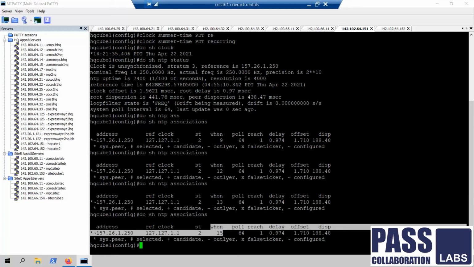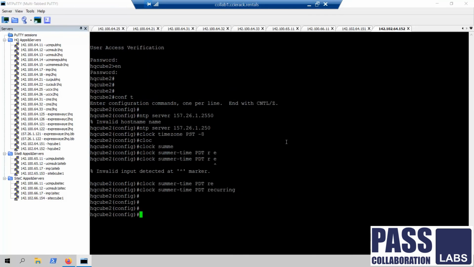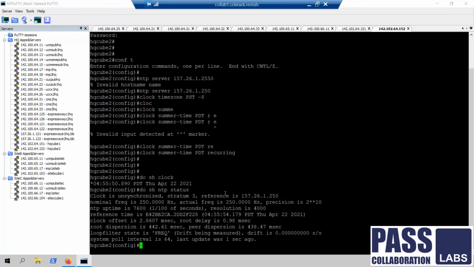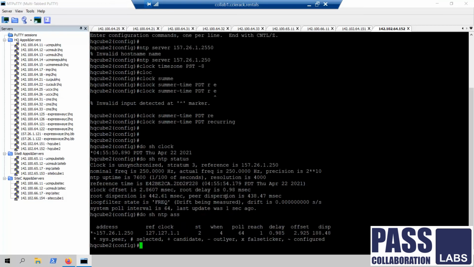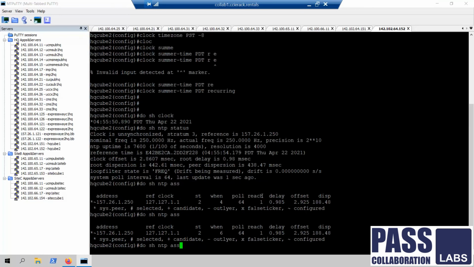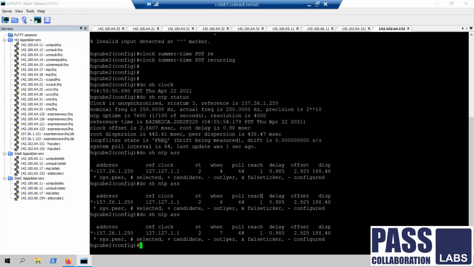Normally CSRs take some time to sync with NTP. Same thing on Cube 2. Even this is not synced, but you see the when values are increasing, so even this will get synced.